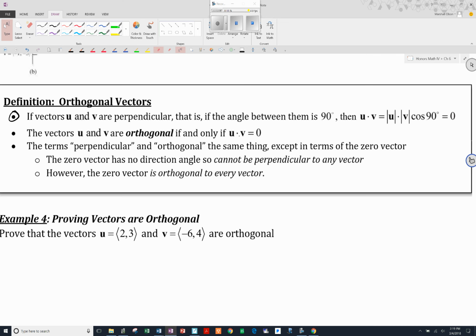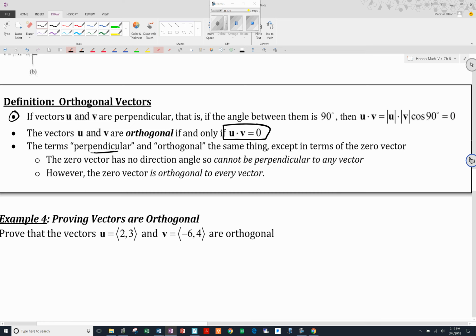Now, orthogonal says the same thing. If the dot product between two vectors is 0, then it's orthogonal. So what does orthogonal mean? Well, the terms perpendicular and orthogonal really are the same thing, except in terms of the 0 vector. The 0 vector has no direction, so it really cannot be perpendicular to any vector. So what we use instead is the word orthogonal. But when you're saying orthogonal, basically what you're saying is that two vectors are perpendicular, except in the case of the 0 vector, you can't say that it's perpendicular with anything, so we use